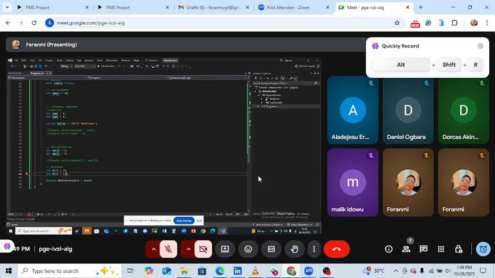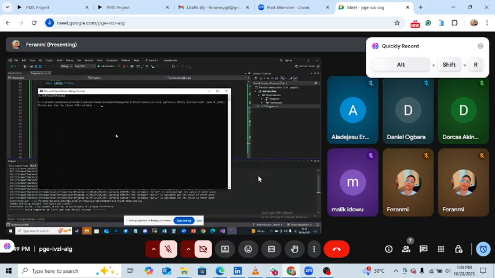But now I can use this was the source. 4.9